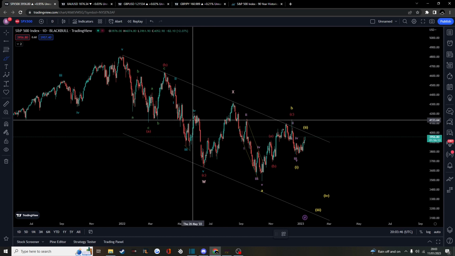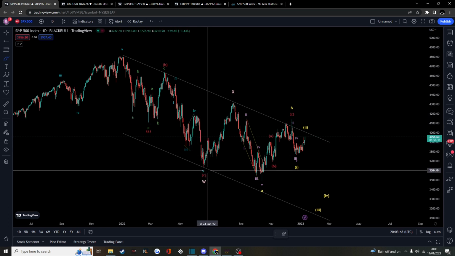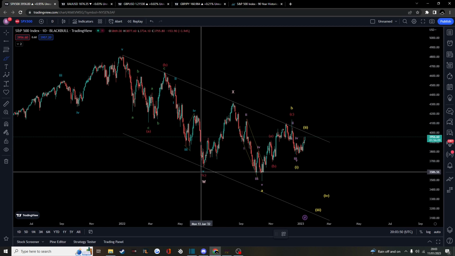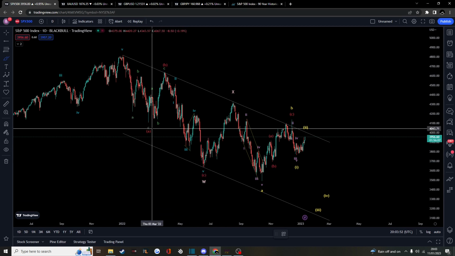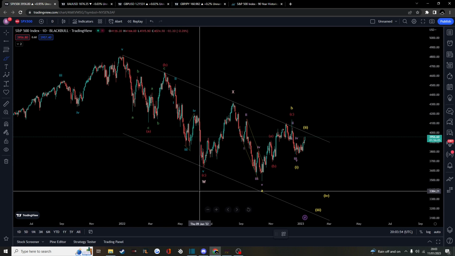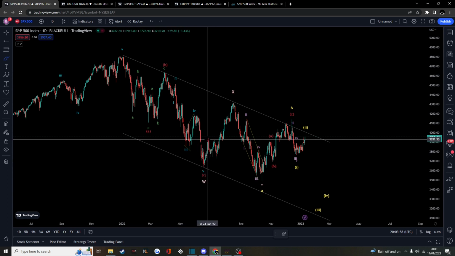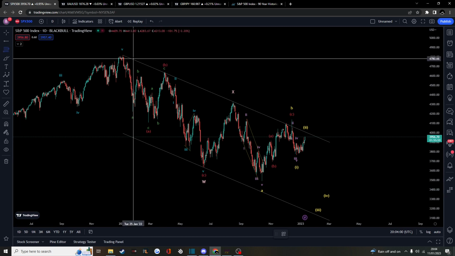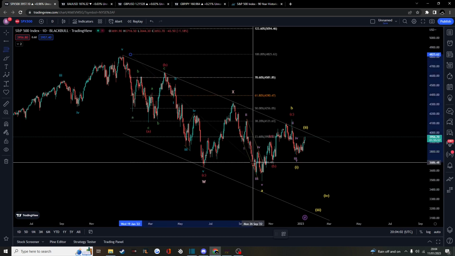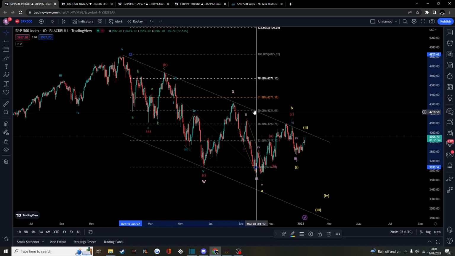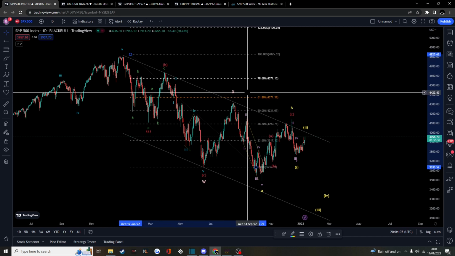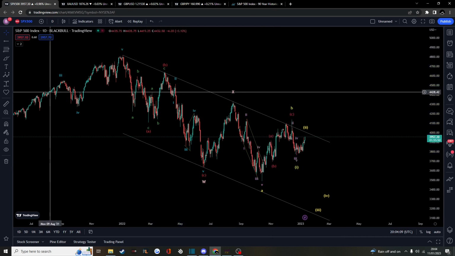expanded flat, and then it's given us a 5-wave move down to give us our wave 5, and then that gives us our wave C. So we have an A, B, C, and that gives us our wave W in the higher degree. Then we have this long corrective move right here, which has rejected, I think, 50% retracement of wave W, and this is simply our connector.